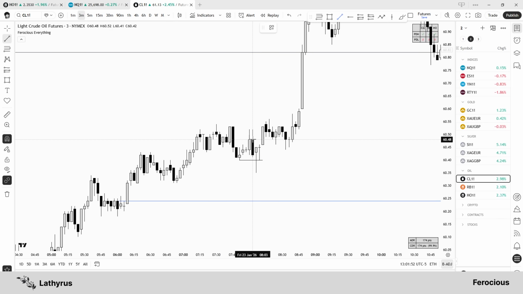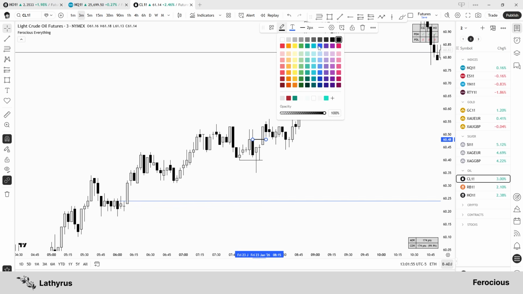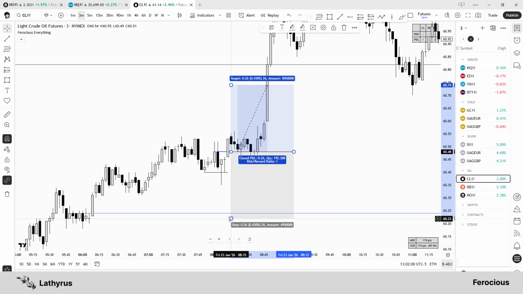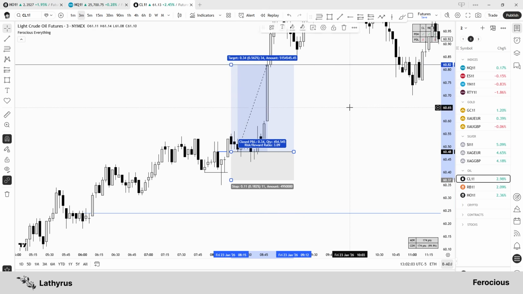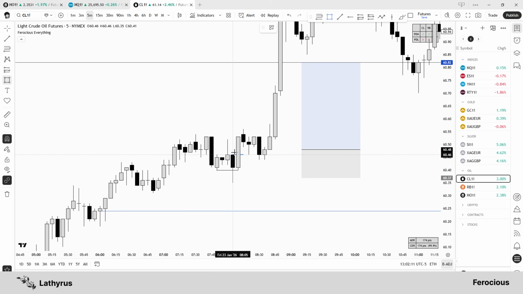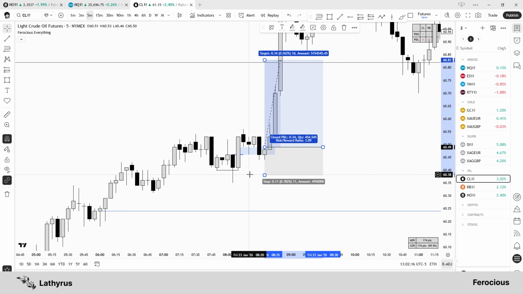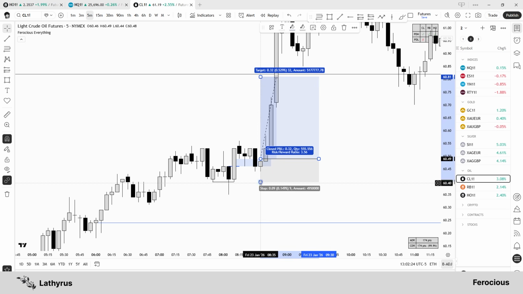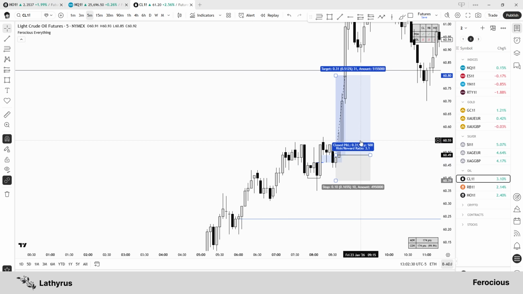So this is the fractal here. We have the stop run here into CISD like this. And we have the CISD here. So what can we do? We can look for a retest from this gap like this to target the high here. So I basically ended on the 5 minute here. So we had the 5 minute CISD within the gap here, or we made a gap like this. I put my limit here at the gap, my stop around the stop run like this, and my target was previous day high for about 3R. So maybe it was a tick lower. Trade was like this for 3R